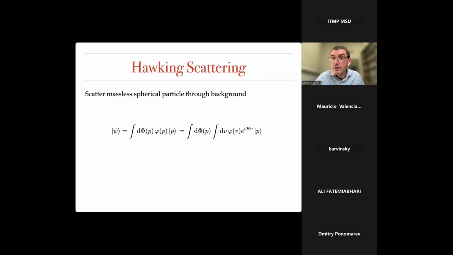So now I just have to describe a little bit of the mechanics of the computation. I'll use the notation of scattering amplitudes. So I think of my particle in the past. It's going to scatter through this geometry as some quantum state. There's some wave packet in momentum space, phi of p. It's convenient for me to write this phi of p in this form: an integral over v, where v is the advanced time, the conjugate of the time variable, the energy variable.